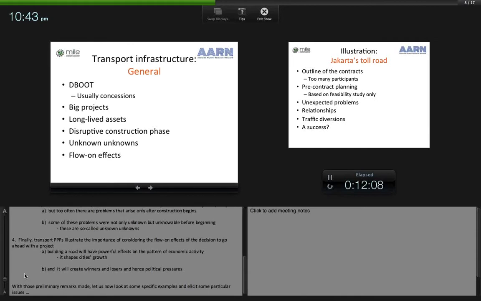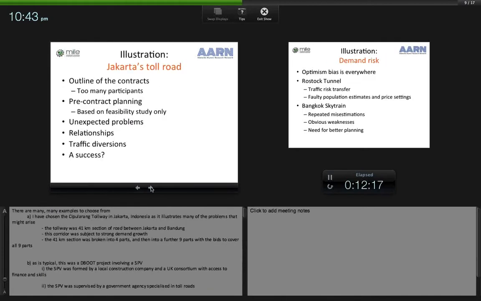With those preliminary remarks made, let us now look at some specific examples and elicit some of the particular issues. There are many, many examples to choose from. I have chosen the Kepulauan tollway in Jakarta, Indonesia, as it illustrates many of the problems that might arise. The tollway was a 41-kilometre section of road between Jakarta and Bandung. This corridor was subject to strong demand growth, and the 41-kilometre section was broken into parts, 4 parts initially, but